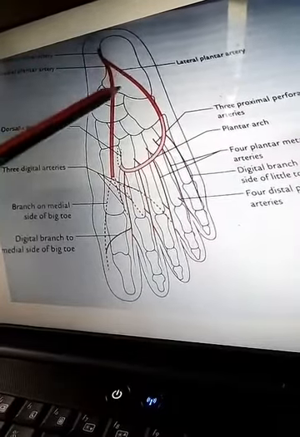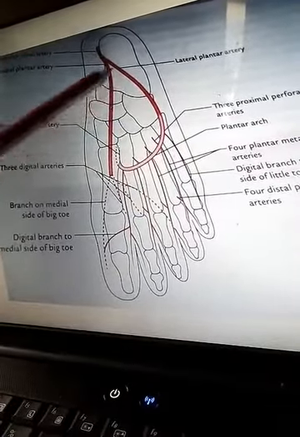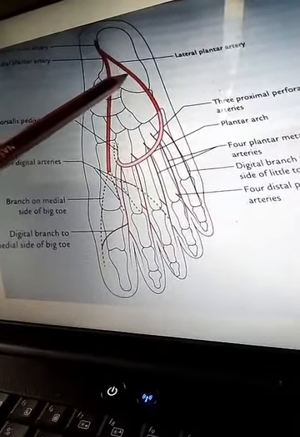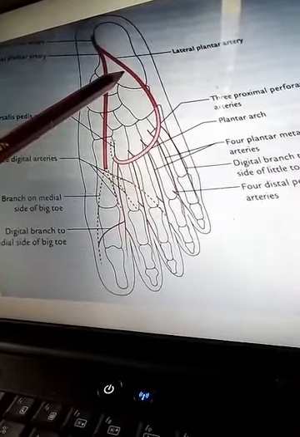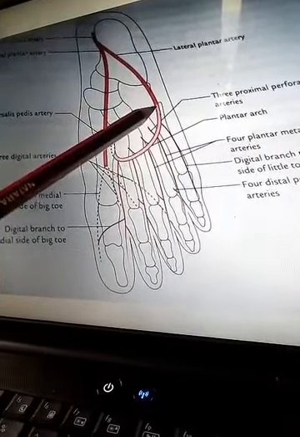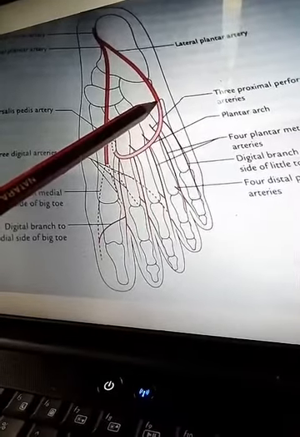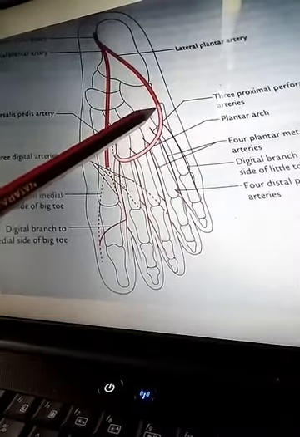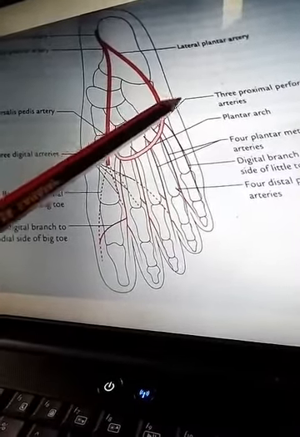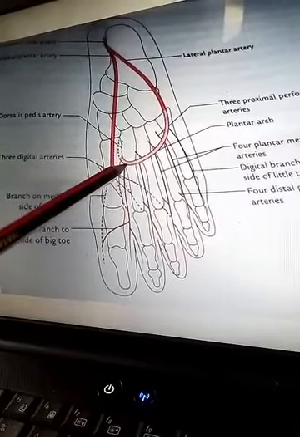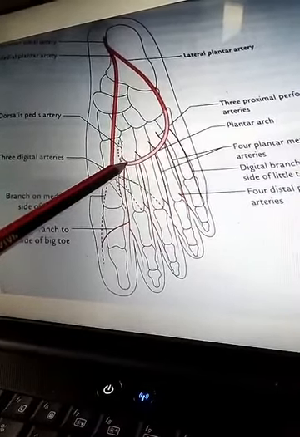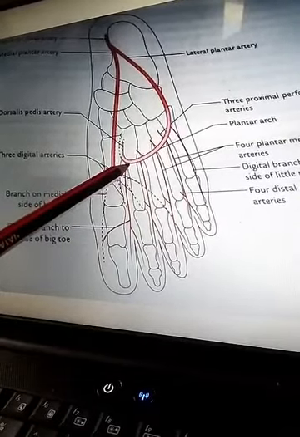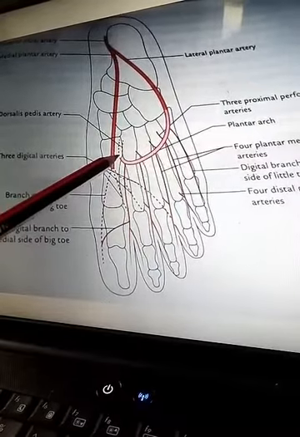Now, lateral plantar artery is the larger terminal branch of the posterior tibial artery. It arises under the flexor retinaculum and runs forwards towards the base of the fifth metatarsal. The lateral plantar nerve lies on its medial side. At the base of the fifth metatarsal, it curves medially with concavity facing proximally and runs towards the first interdigital space to join the dorsalis pedis artery and thus forms